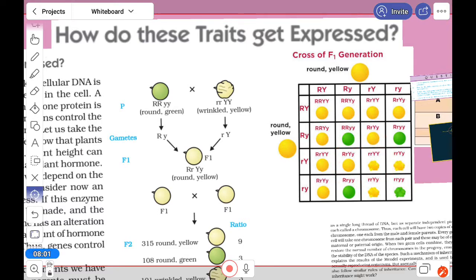So this is the first one, and it does not mix together. Suppose green and yellow mixed together into some different color, that is not there. And wrinkled shape and round shape mixing into another intermediate form, that also does not happen. So that is according to Mendel. All right.